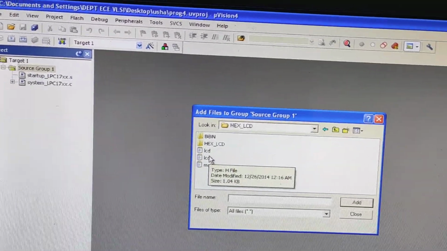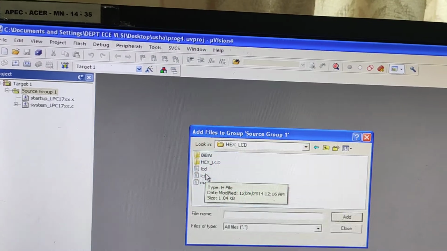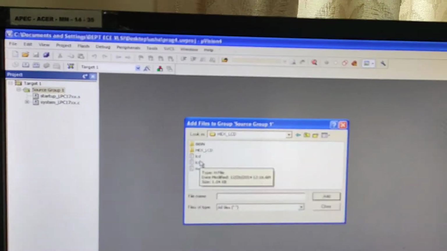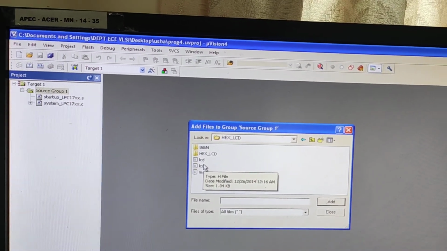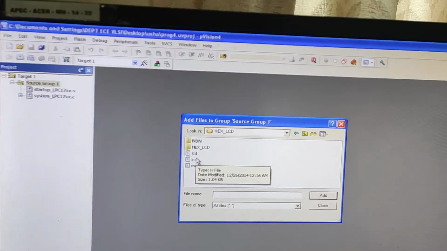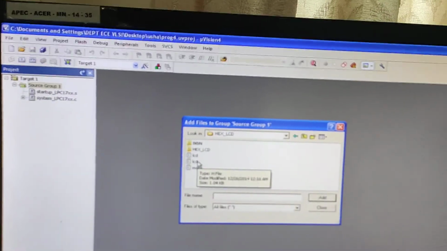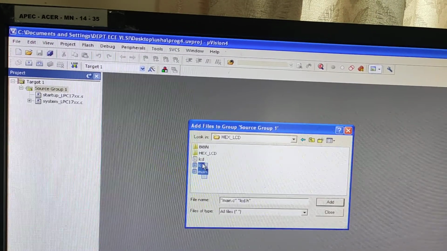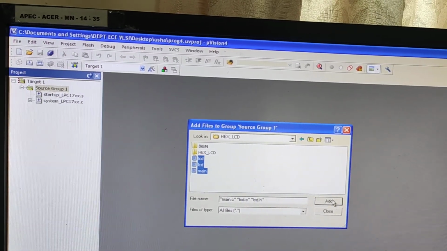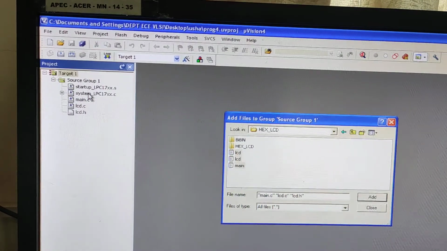In this .c and .h LCD file, it actually includes the commands of LCD, and some of the functions of the LCD have been emulated using these files here. That is the reason why we are supposed to add both .c and .h LCD, and this will be provided as a part of your experiment. I'll try adding all three simultaneously to my main program here. These two files are by default present.